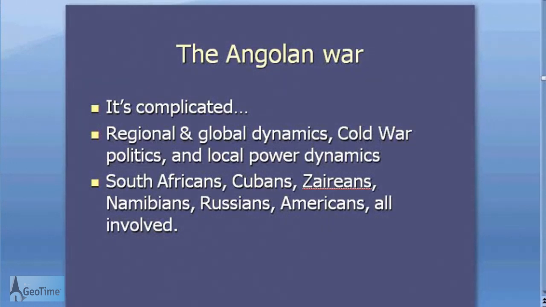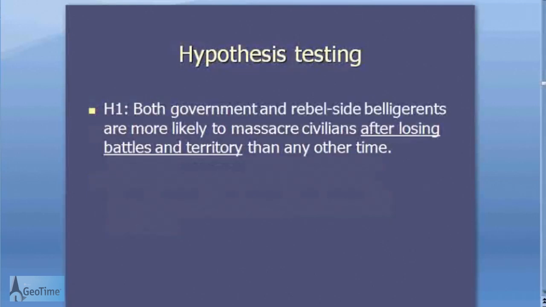whereas the white apartheid South African regime was fighting on behalf of the UNITA rebels. And indeed, UNITA and the South African Defense Force almost captured Luanda, and if it weren't for the 50,000 Cuban troops protecting the capital city, that might have happened. And so you can imagine there were many other regional dynamics going on in this complicated war, but not to